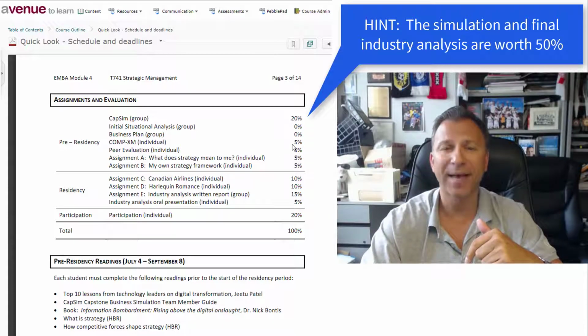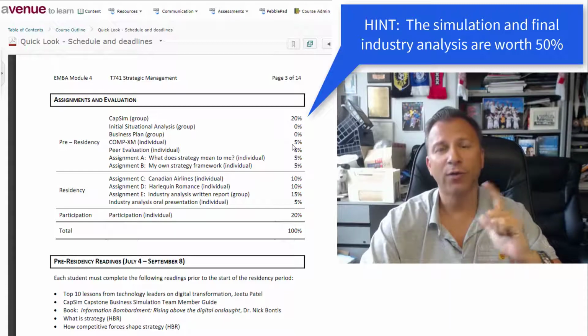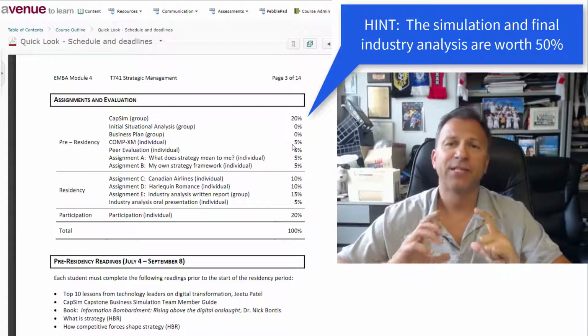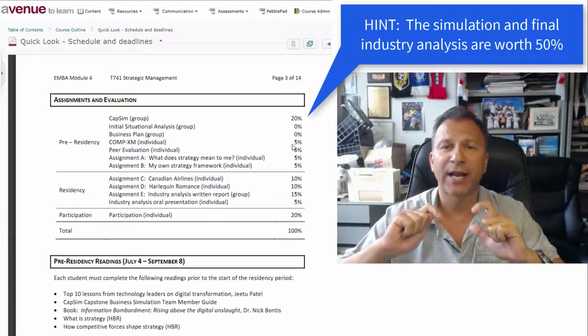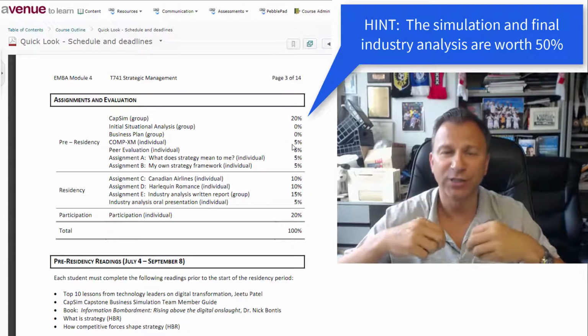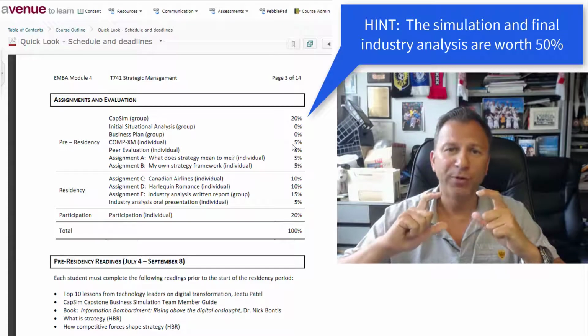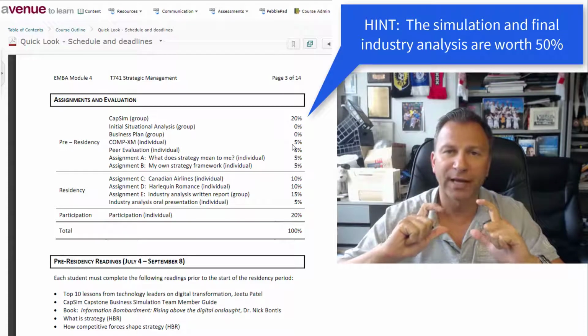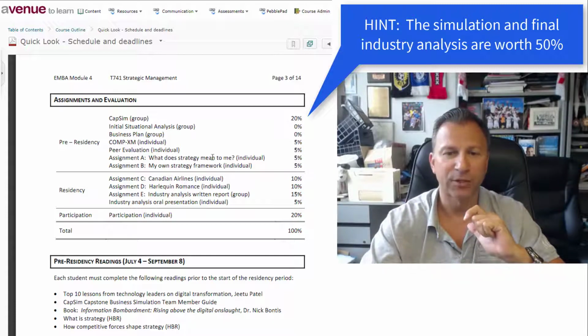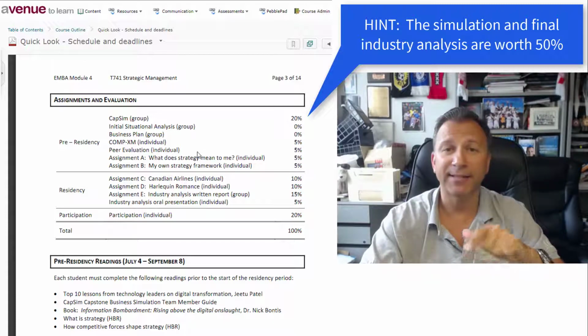Then we have a CompXM. The CompXM is an individual simulation. Since all of you are going to be working together as a team, it's very important also to have you understand how the simulation works as an individual. So you need to concentrate on all the different tasks that your teammates are working on. You'll be doing a very small board type of query question on the simulation called the CompXM. That's worth 5 marks. Peer evaluation is also very important, which you will do in the capstone simulation to evaluate each of your teammates and how they contributed to your simulation success or failure.